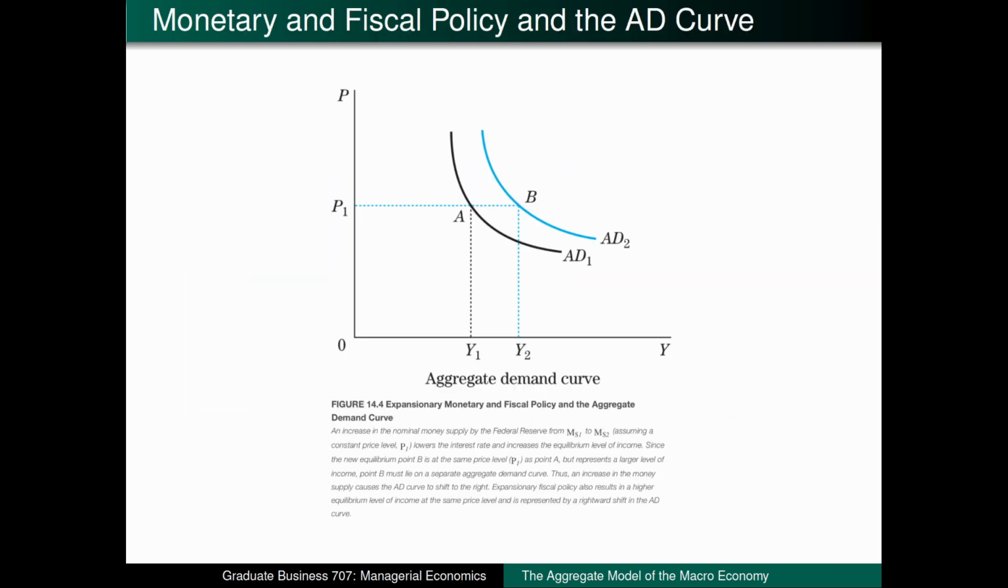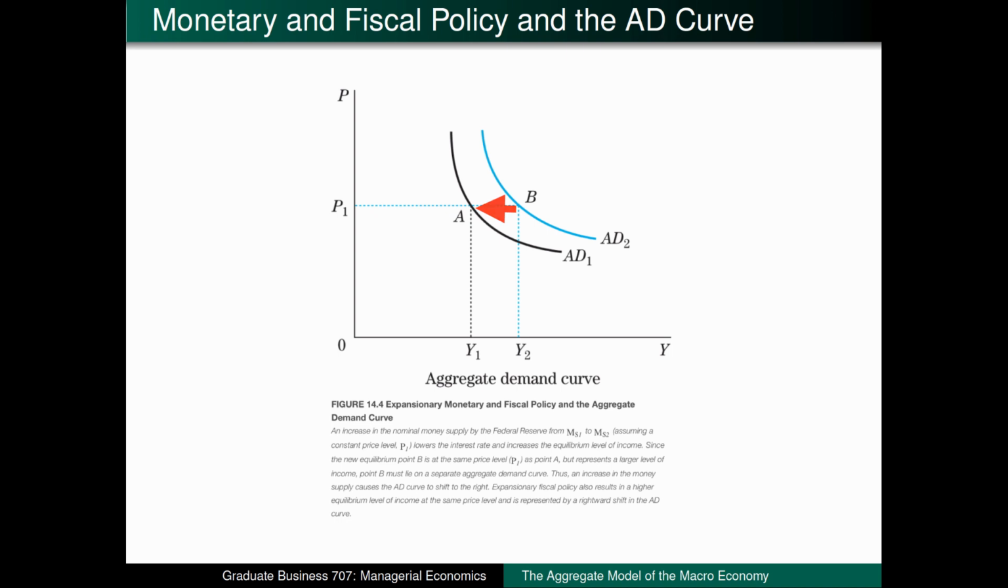This graph illustrates a shift in the AD curve. An increase in aggregate demand means that the AD curve shifts to the right, such as going from AD1 to AD2. Or a decrease in aggregate demand means that the AD curve shifts to the left, such as going from